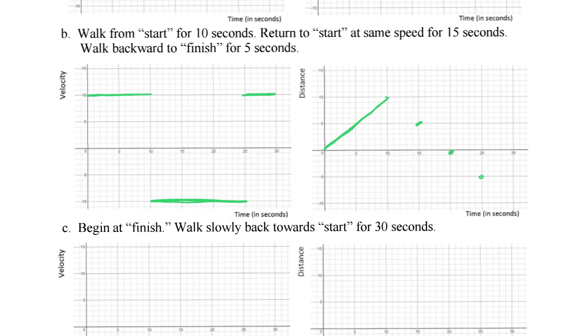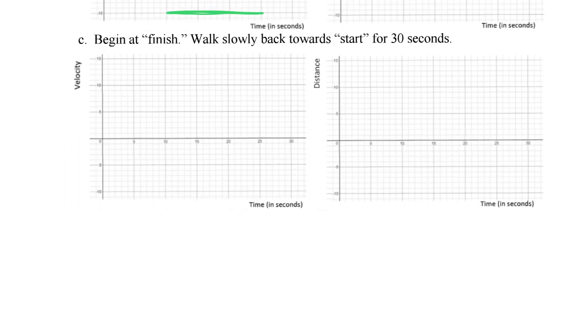So here's my line. For the last 5 seconds, you're walking backward to the finish line. So you're moving back again to the finish line here. For C, they're saying begin at finish, walk slowly. So begin at finish, you're walking slowly backward for 3 seconds. So you're walking slowly, so I'll pick a small speed